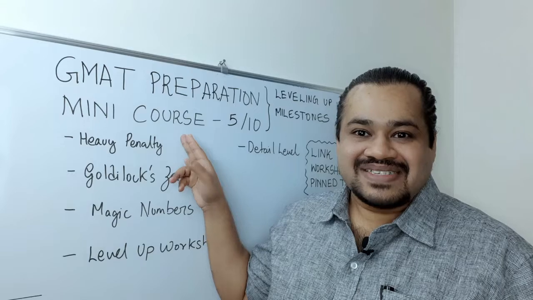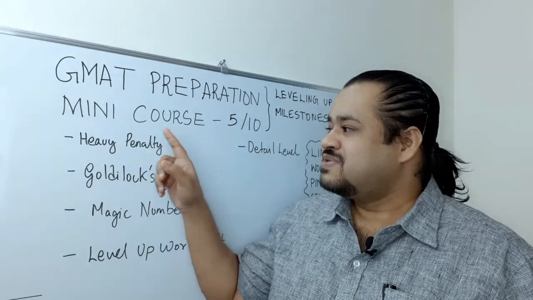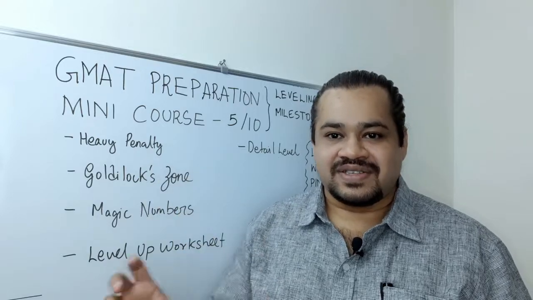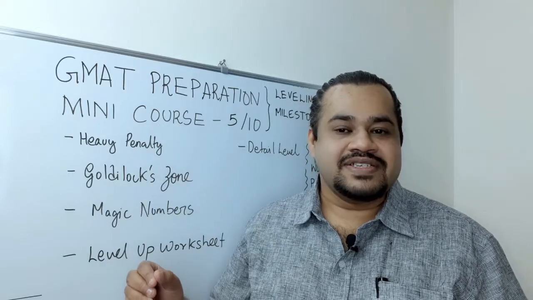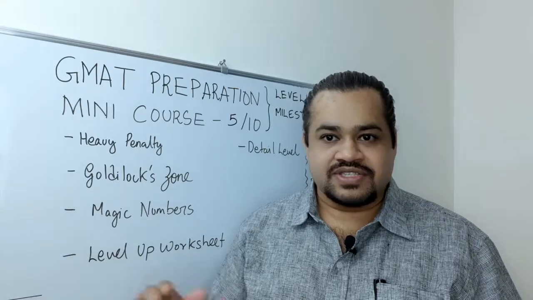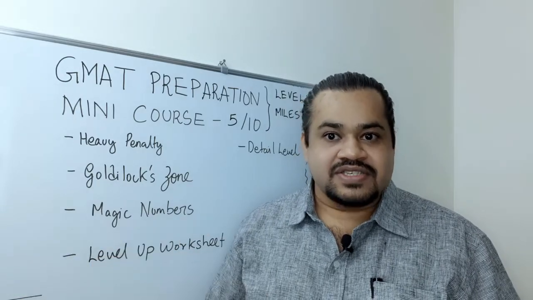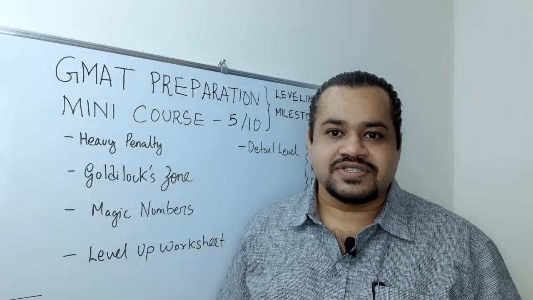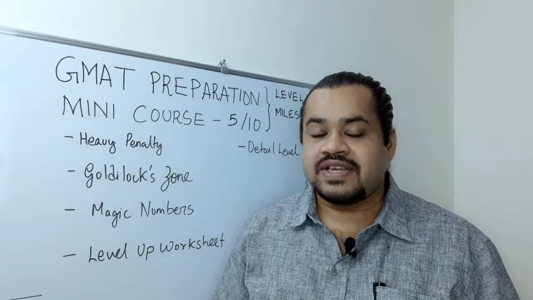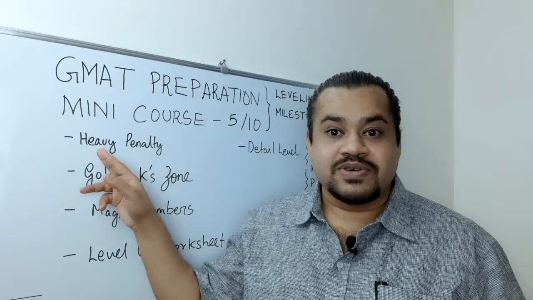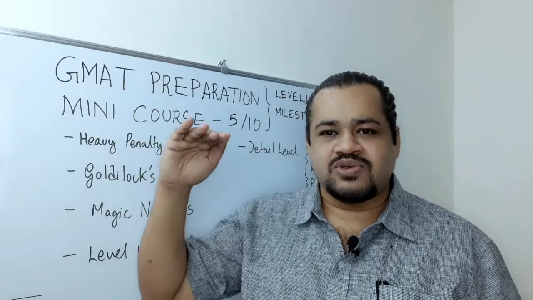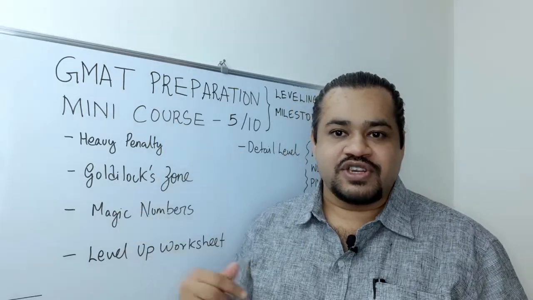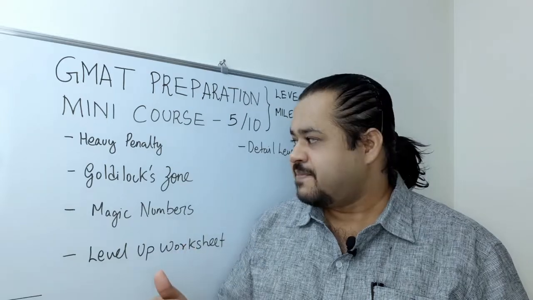The reason why timed practice is so important is because GMAT imposes a heavy penalty on questions that are unanswered. The quantitative reasoning section has 31 questions which you have to answer in 62 minutes. But in case you just answer 26, then for the 5 unanswered questions, GMAT imposes a very heavy penalty, and leaving questions unattempted brings your total score down by a huge margin, which is why it's very important that you get used to timed practice.